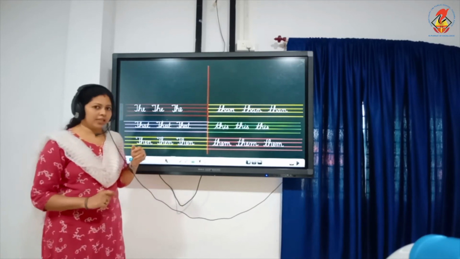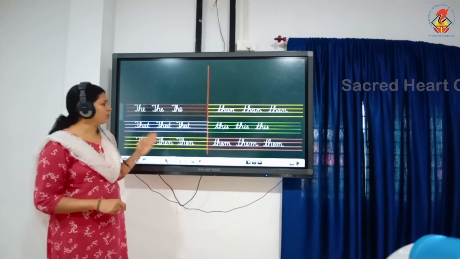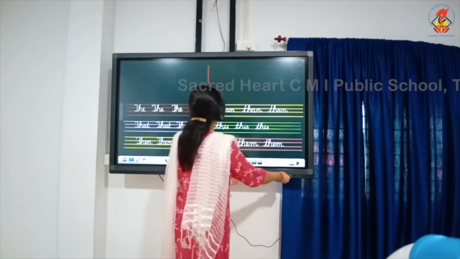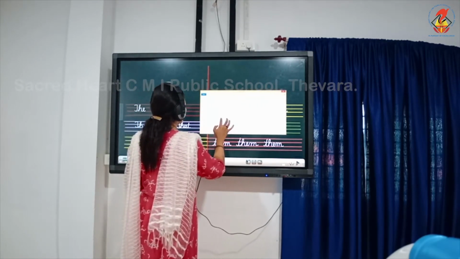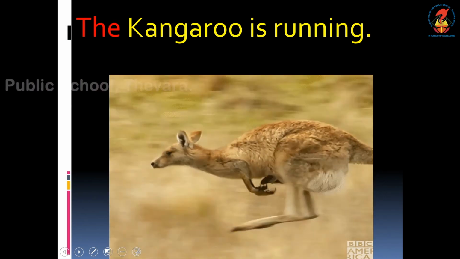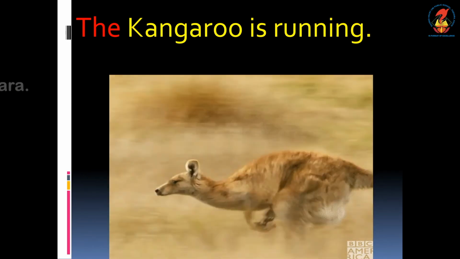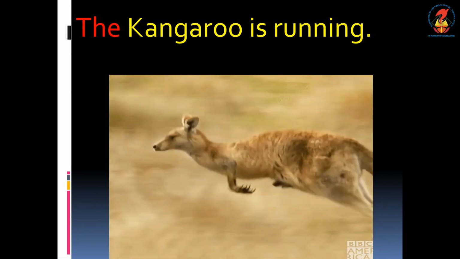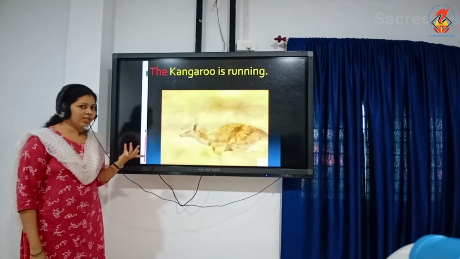Now you write both sides slowly, and now Miss will show you some sentences with these words, so the meaning of the word will be more clear to you. Shall we? Yes. Okay, see the first picture with T-H-E, the. The kangaroo is running. Can you see in the picture the kangaroo how fast he is running? T-H-E, the. It's very simple, no?